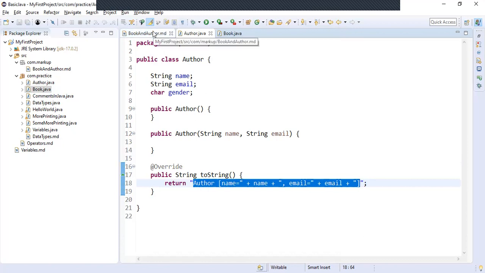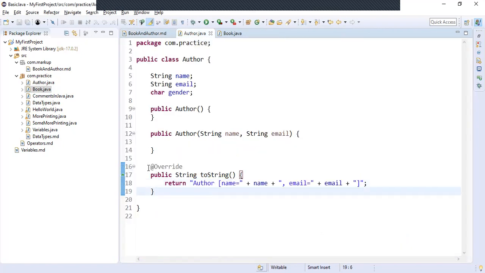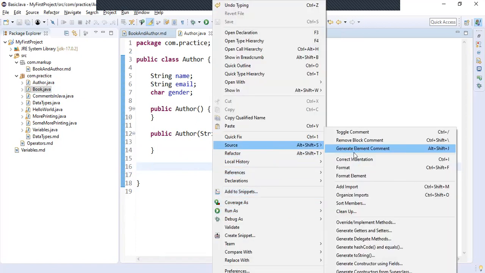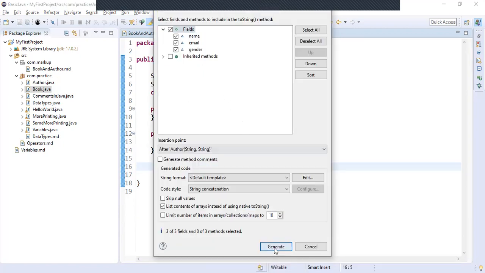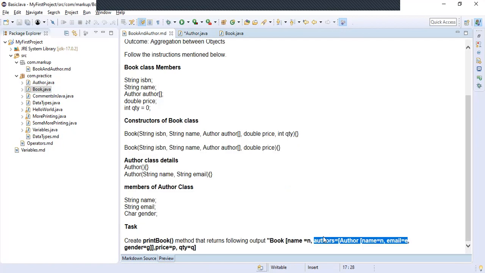And we will go and see the question. See, I will copy. They wanted us to have gender as well. So if you want to add gender, just delete it. Right click, source, generate toString. I'll copy paste it here. It was starting from here to